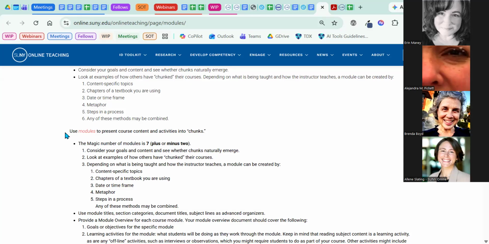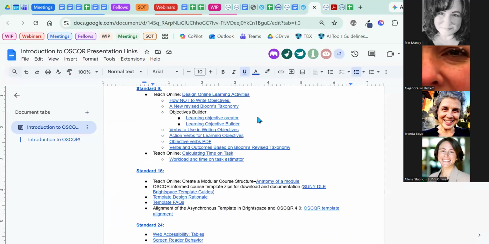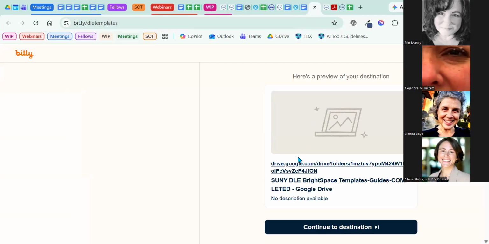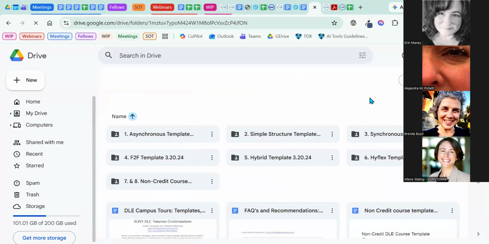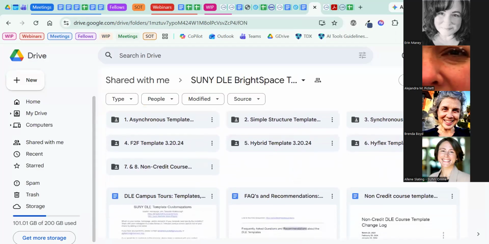All right, so I'm going to share real quickly with you the templates that we have developed that are aligned with OSCQR. So if you're looking to help someone improve the design of their course, and the course is very disorganized and lacks consistency, or if you're working with a department or a program and you want to recommend something that could assist them to have that findability, that wrapper around the course content that is the faculty's purview, you could take one of these templates.